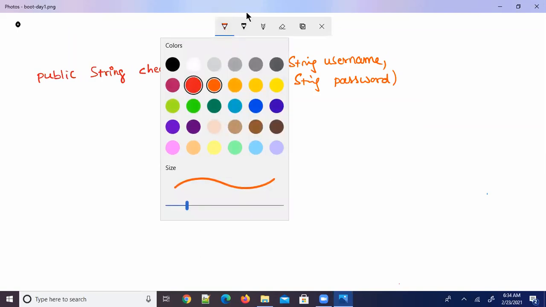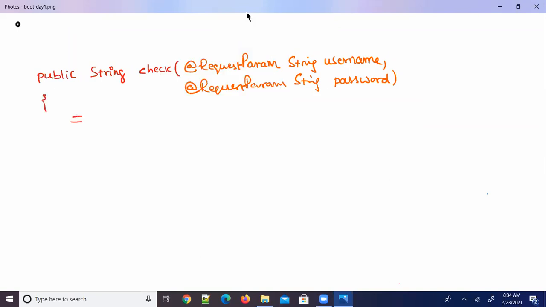And of course, here I define some logic. Now if you look at this, these annotations are used at a parameter level.